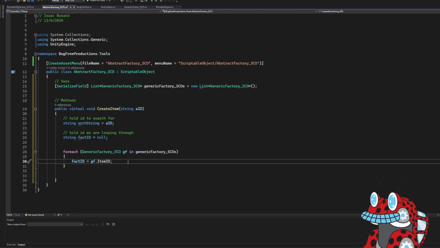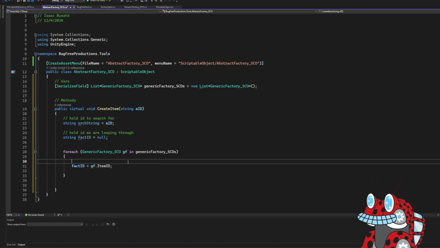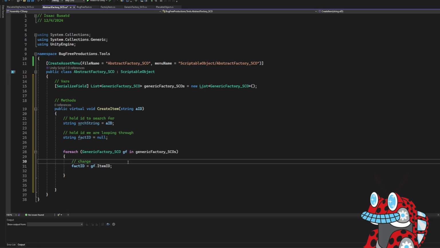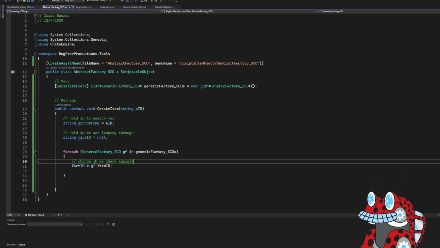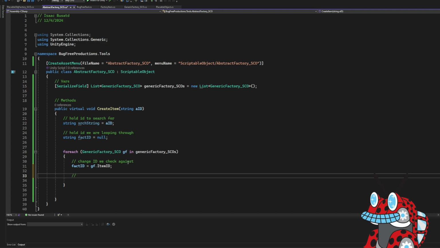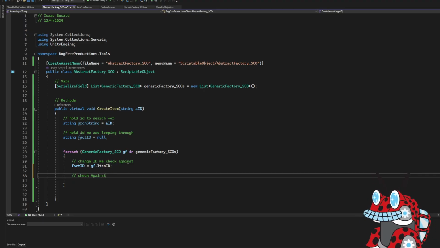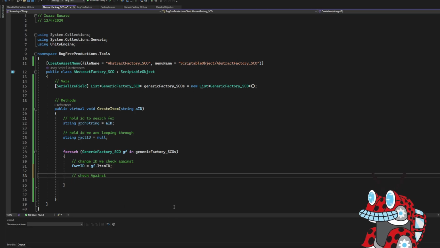And after we get that item ID, so change ID, check against, is going to be, then we're going to check against. What does that do? So then we have check against